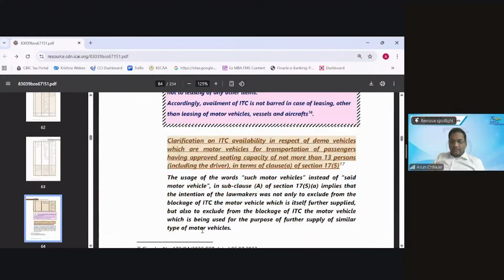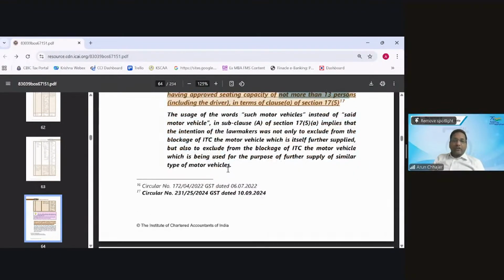So there was a lot of clarification. Let's read. First, clarification on the ITC availability on the demo vehicle, which is a motor vehicle for transportation of passengers having approved seating capacity of not more than 13 seater, including driver, in terms of section 17(5) clause A. The usage of the words "such motor vehicle" instead of "the said motor vehicle" in the 17 subsection 5 clause